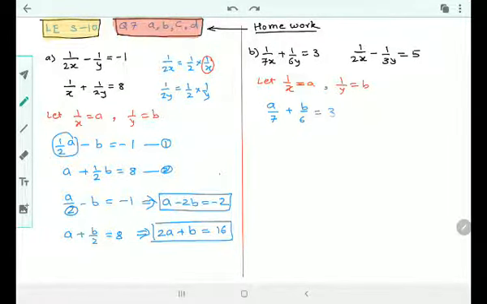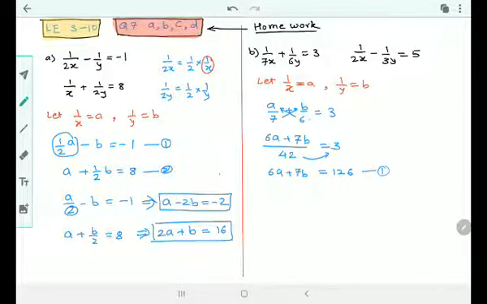Is equal to 3. I will simplify here itself. I can go for cross multiplying. It's a fraction, so I can go for cross multiplying. So what do I get? 6a plus 7b upon 6 7s are, what is it? 42, is equal to 3. Right? I can shift this 42 this side. So 6a plus 7b is equal to, multiply it, 2 4 6, no, 126. This is my equation number 1.